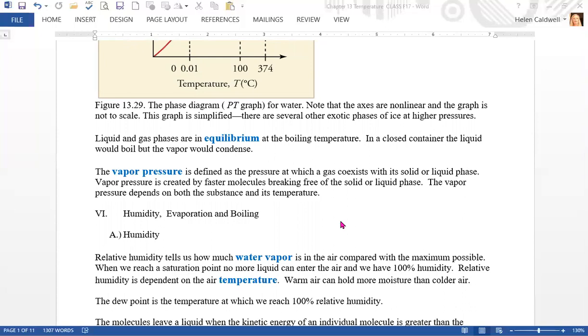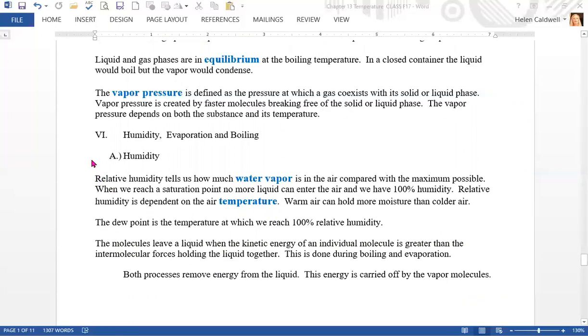And the vapor pressure is the pressure at which your gas can coexist with its solid or liquid phase. And that vapor pressure depends on both the substance and the temperature. So let's look at how that relates to humidity and evaporation and boiling. So with humidity,